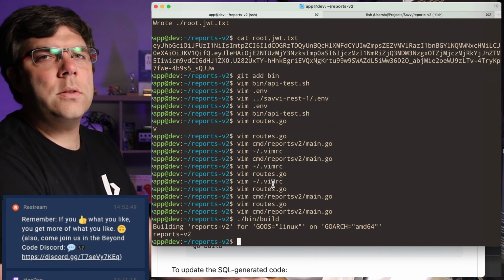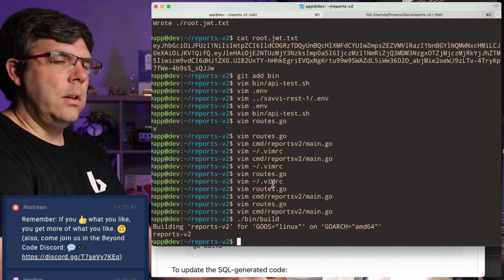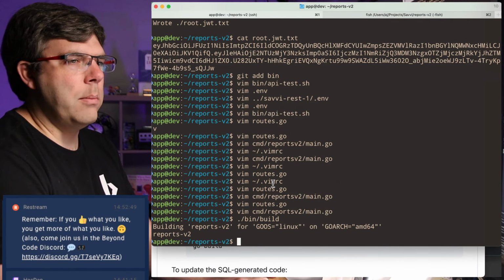Here's how you go start to finish on a package that's basically just a hello world, but of all the things that you might want to use.